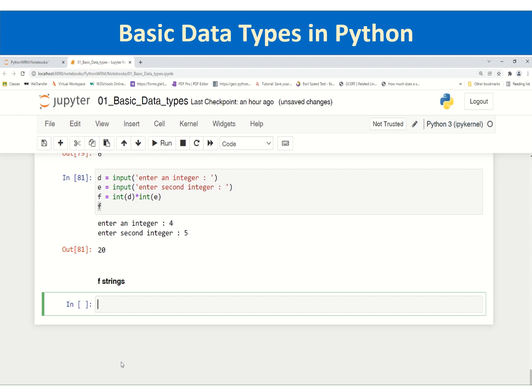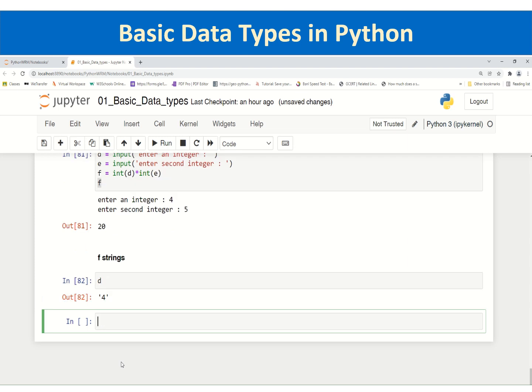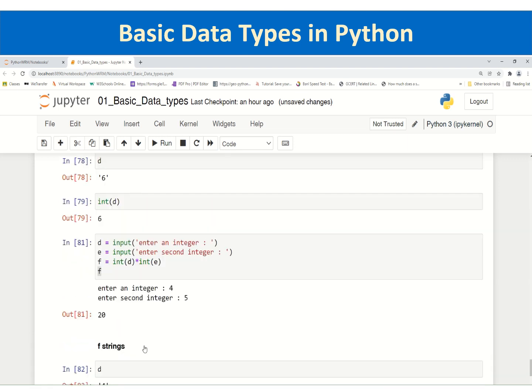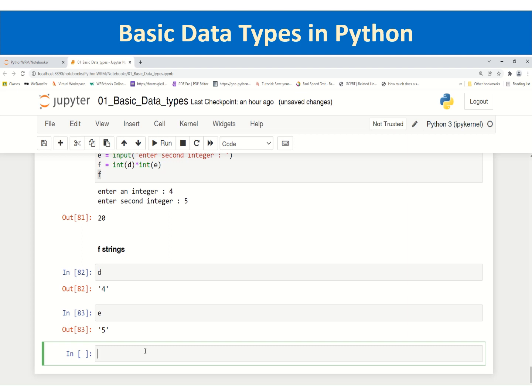So for example, you are defining, I think we have already defined d, which is a string 4, and e, which is a string 5. Just here we have defined. So say you want to do the product of 4 into 5. So an f string always starts with the letter f, then the string delimiter, the beginning of the delimiter. You can put the variable name inside curly brackets: d times e is